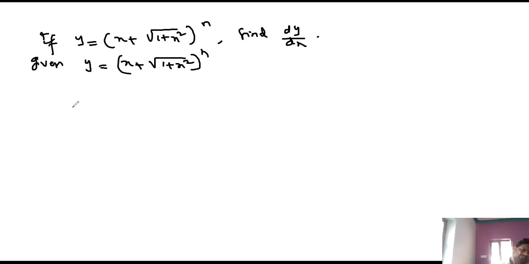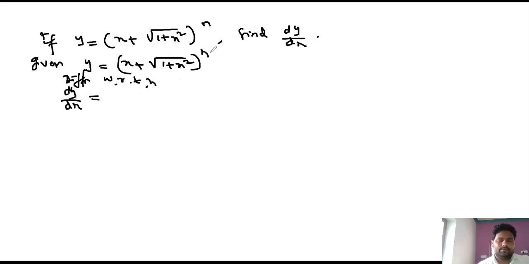So here log is not necessary, because raised to n, n is some real number. It is not a variable, so logarithm is not necessary. We can differentiate directly. Differentiate with respect to x. So the derivative of y, dy by dx, is equal to